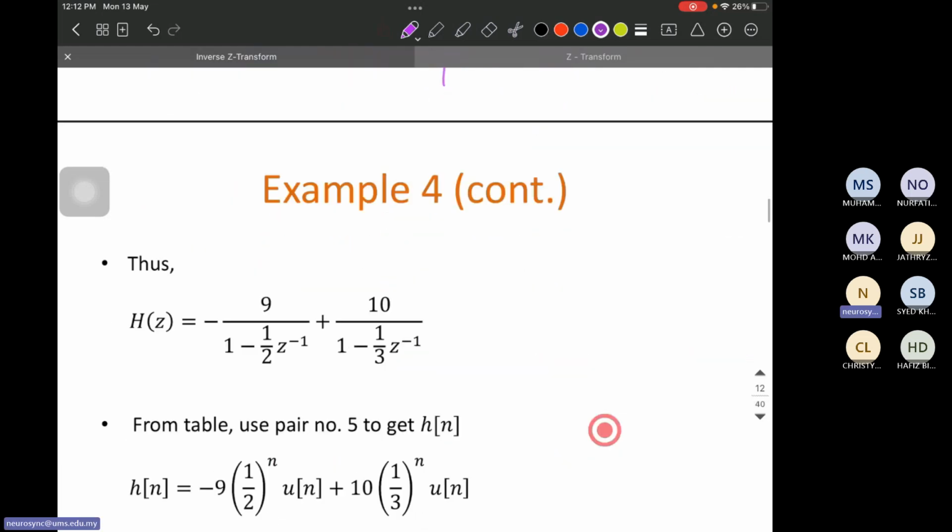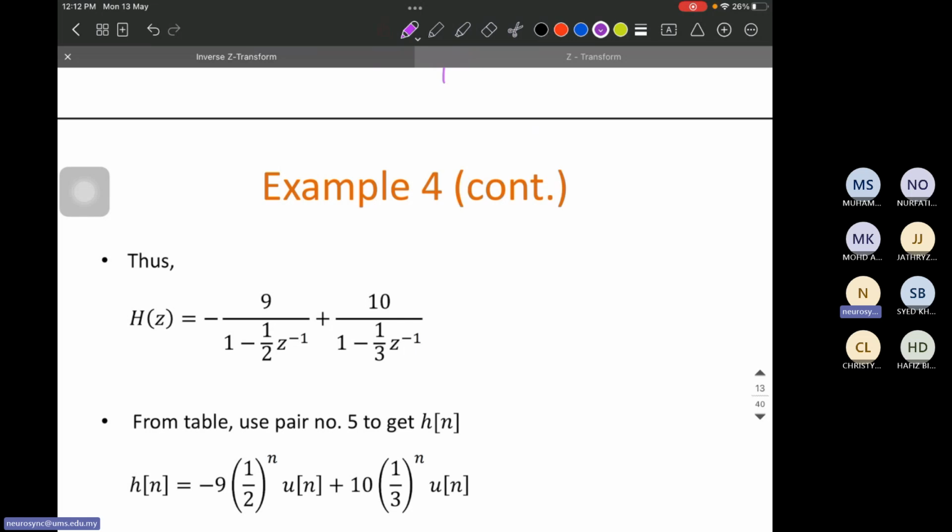Okay, so now put the values. A1 equal to minus 9. Do not forget this minus sign. This small mistake you will make in the exam, okay? So please pay attention to the signs. This is negative 9 for A1, therefore the minus sign is written here. So minus 9 by this, plus A2 which is 10 divided by this polynomial. Okay. Now we can compare this with the standard polynomial.